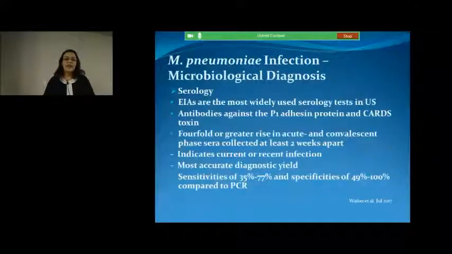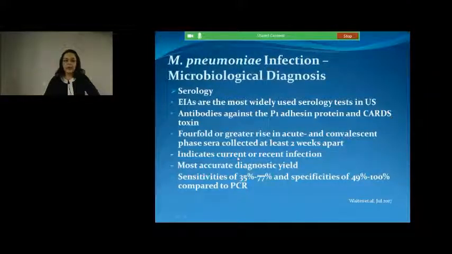So serology. The ELISA is the most widely used serology in the United States. We have complement fixation and particle agglutination, but ELISAs are the ones more used in the US. We measure the antibodies against the P1 adhesin protein and the CARDS toxin. A fourfold or greater rise in acute and convalescent phase sera, collected at least 2 weeks apart, is the test